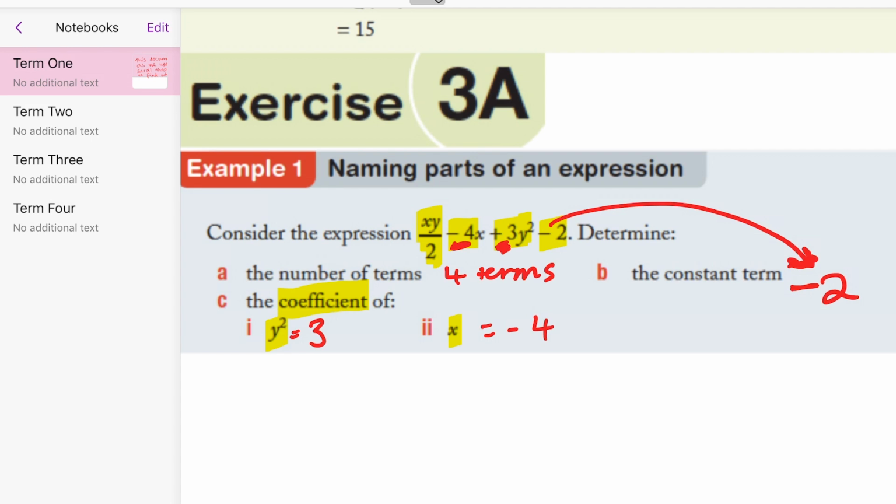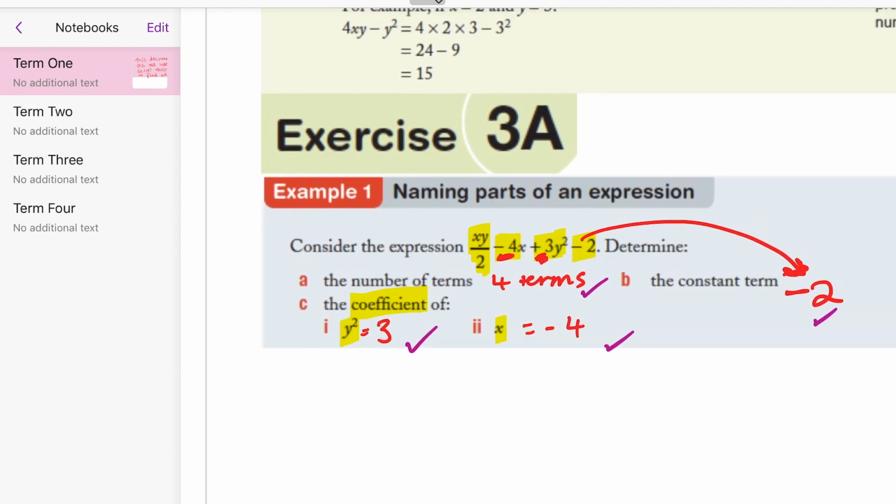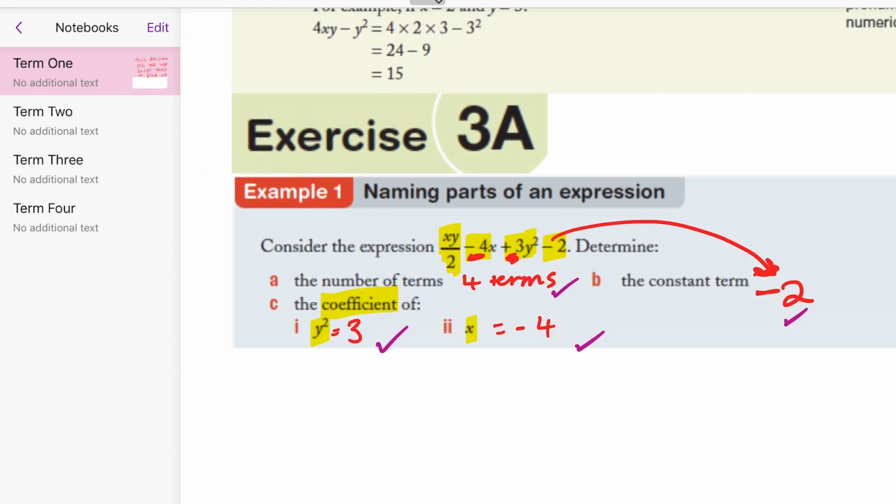Now, most of these would only be worth 1 mark each. So 1 mark, 1 mark, 1 mark, 1 mark. So 1, 2, 3, 4. However, it's still 4 marks, okay? So it's worth having a good crack at it and making sure that